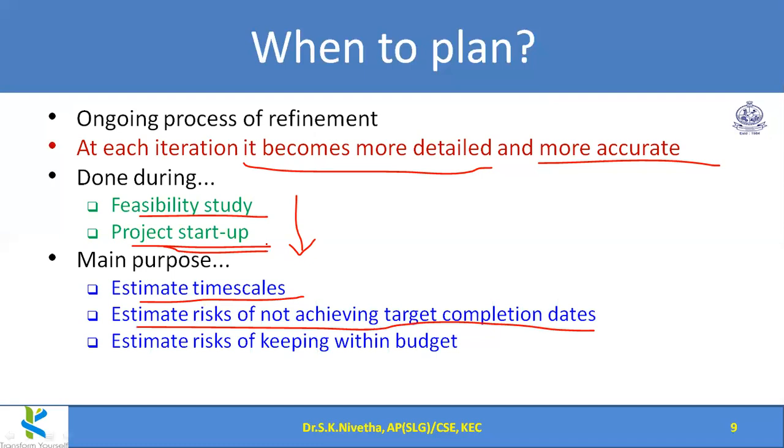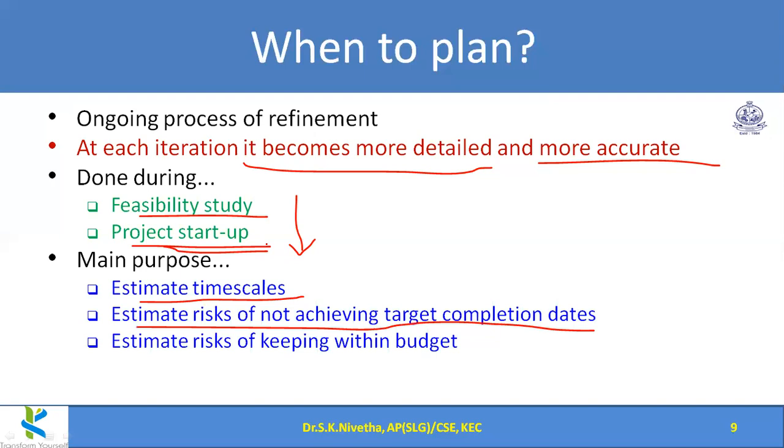If that risk is there, immediately we have to allocate some more resources, some more persons or some experienced persons, or we can train the people involved in developing the project. Some training sessions we can arrange and make them complete sooner as per the target. Some mitigation steps we can take in between, so that the risk will be avoided. So the final motive is to achieve success. Success means what? The project should be completed in time within budget.